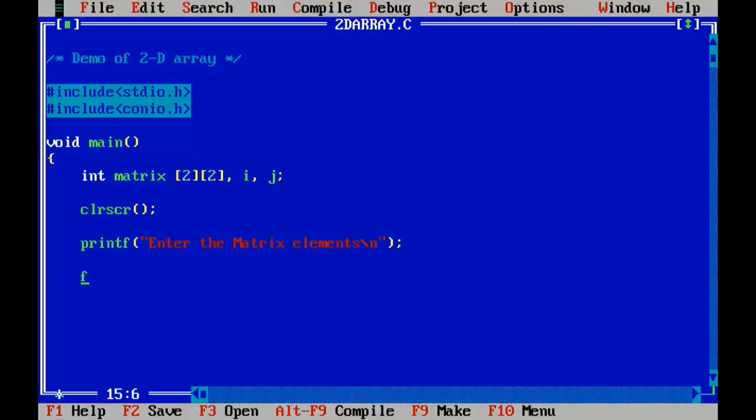So for that purpose, I'll be using the first for loop. Here I'll keep the i value equal to 0. When the i value is less than or equal to 1, it should iterate, right? Incrementing the i value. Another for loop inside here.